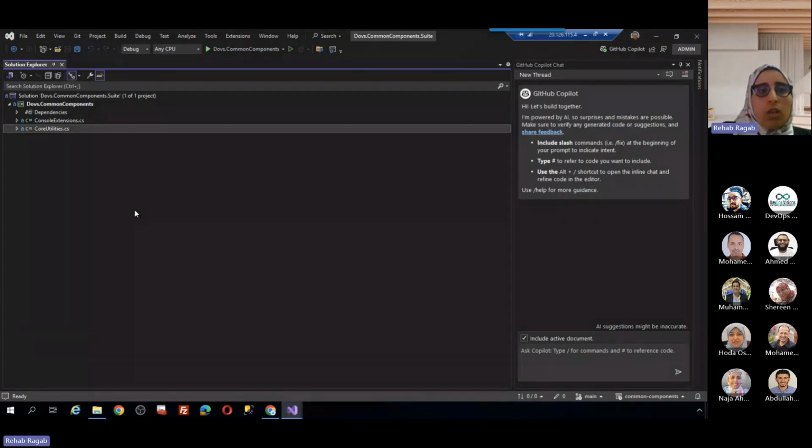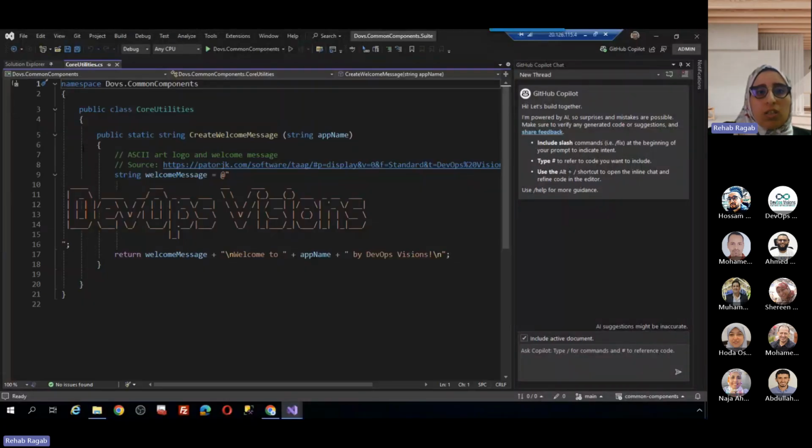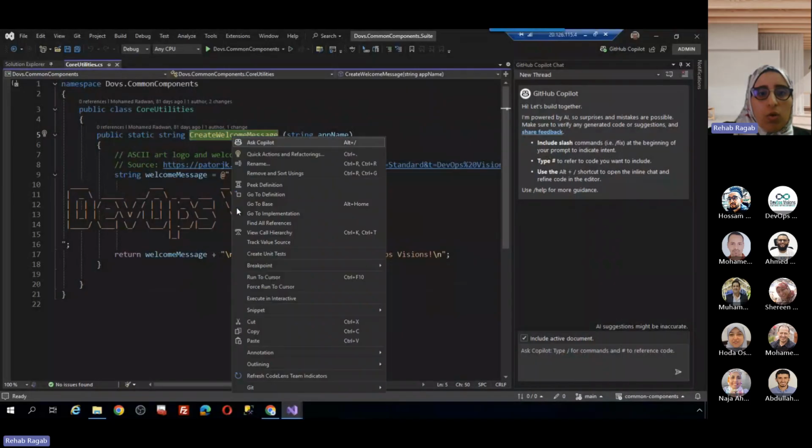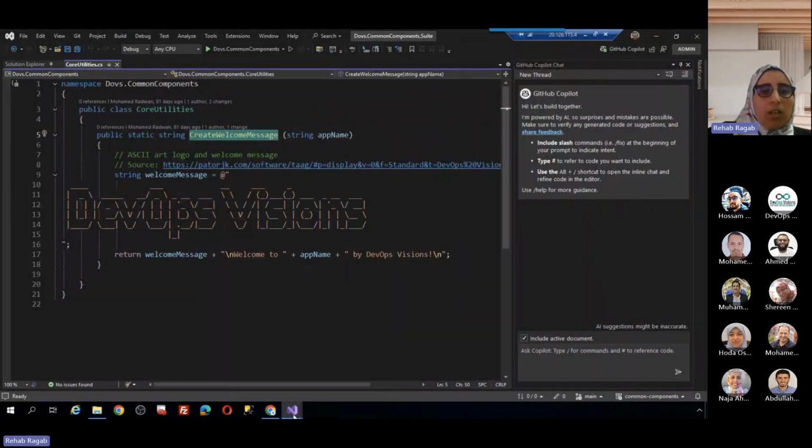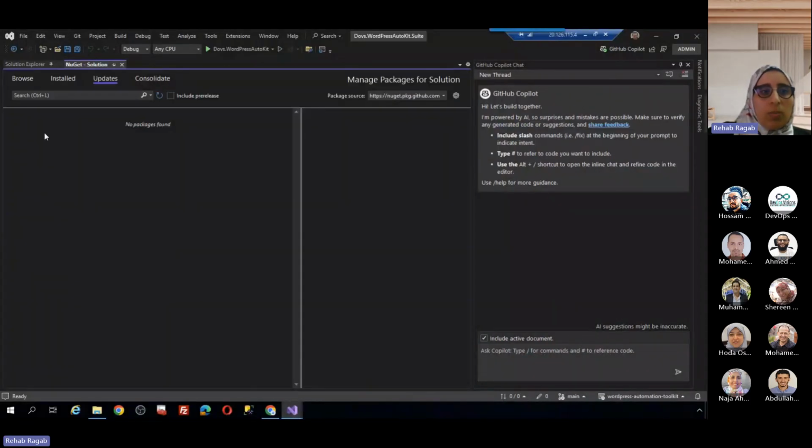This is the code for the common component package. Let's open the core utilities class. This is the method that displays the welcome message, create welcome message, and it needs the application name. Let's copy it and navigate to the WordPress